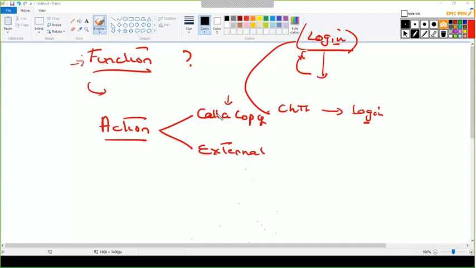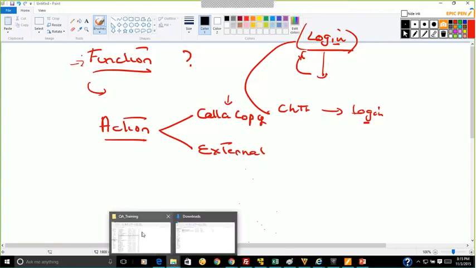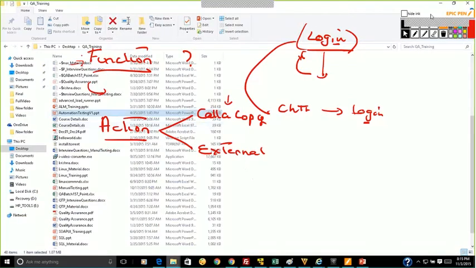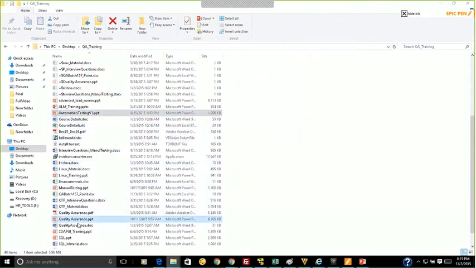Say, for example, you are asking me to send you a sample resume, or you want the PPT, the material. I can give you in two ways. One, I can give you the PPT file itself, this quality assurance file.